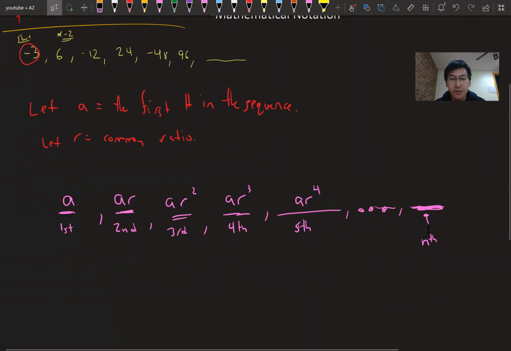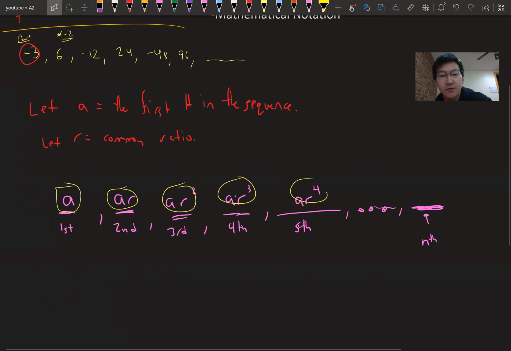So in order to do that, you want to look for some kind of relationship between the value of the term. So this is the value. These guys are the values. You want to see if there's a relationship between the value and its associated or corresponding position in the list,